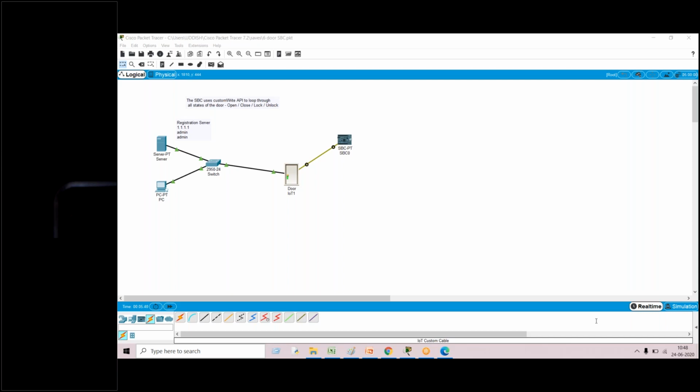The door and MCU are not connected, sir. Door and MCU not connected in the sense, please use a custom cable. Just use a custom cable.